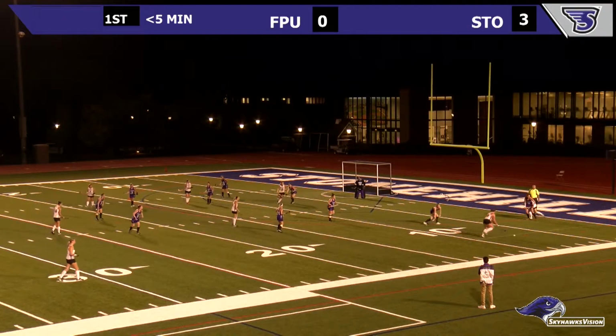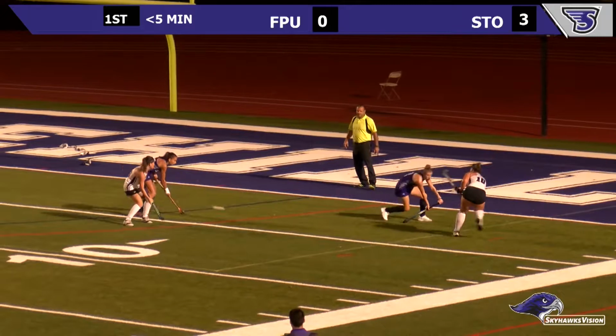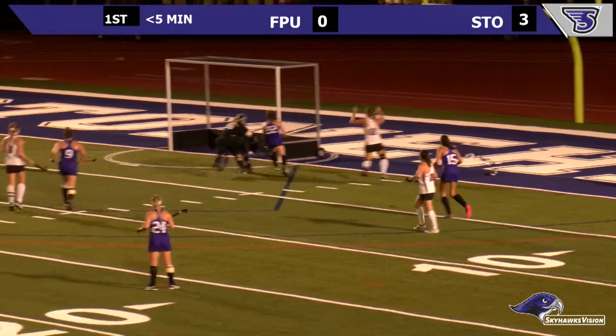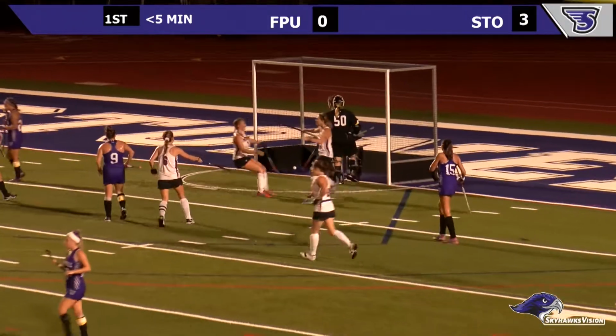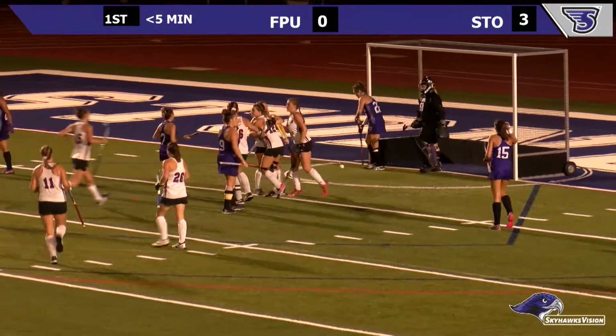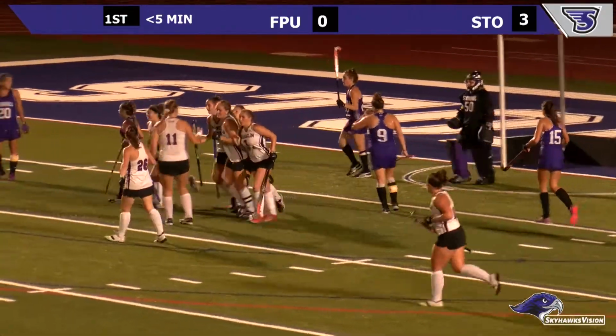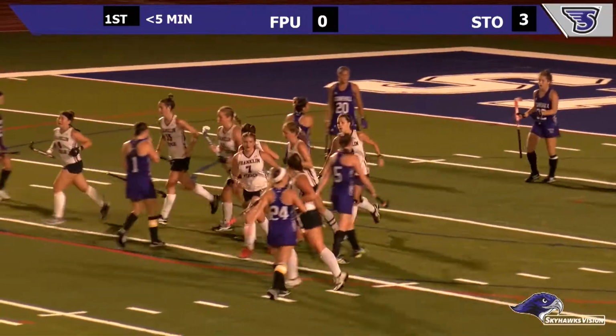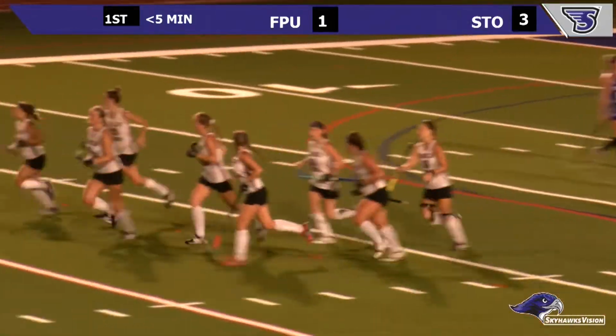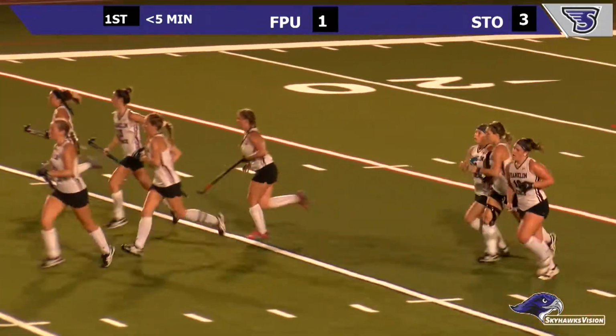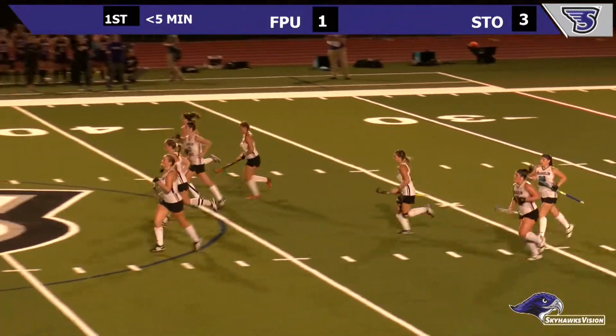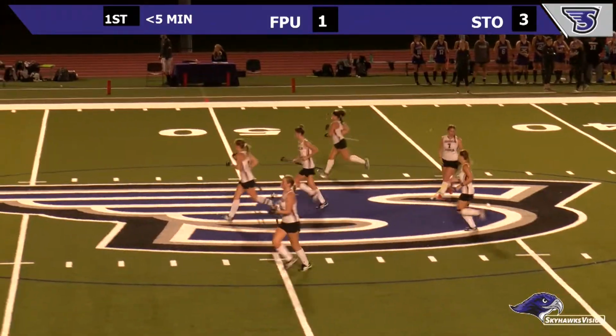Ravens with the free hit just outside the circle. Collins pulls it back. Brings it further down low, looking for a deflection, and the Ravens score. Deflected down low by Rachel Lapointe. Allison Collins' pass right through the middle went undefended. And Lapointe knocked it around Sarah Friedman, who had come running out to try to kick it away.